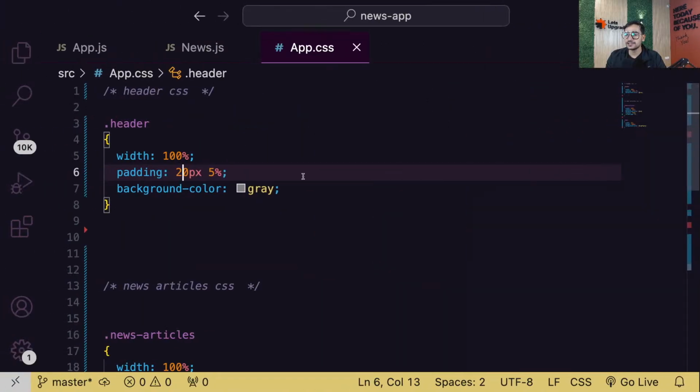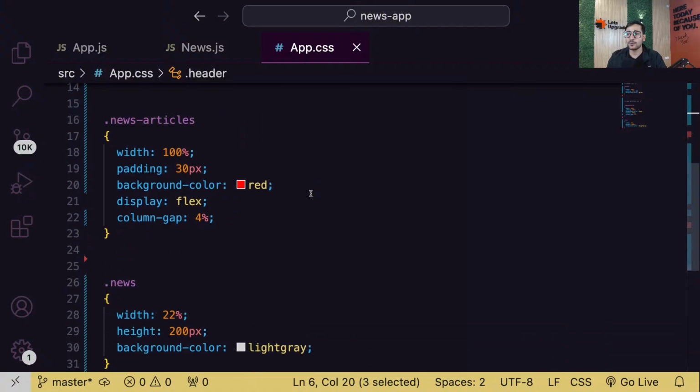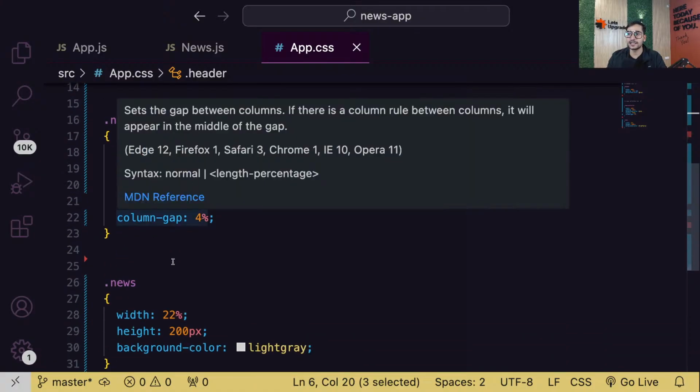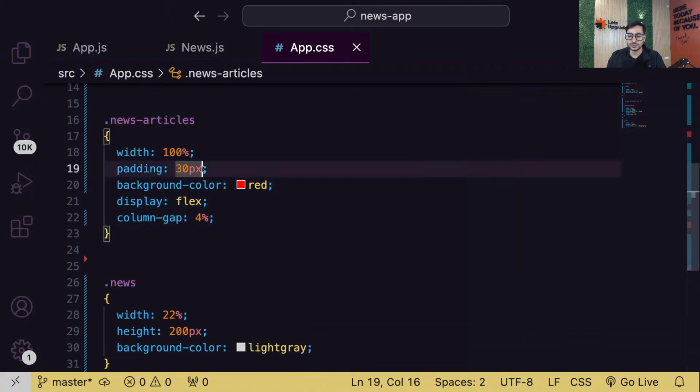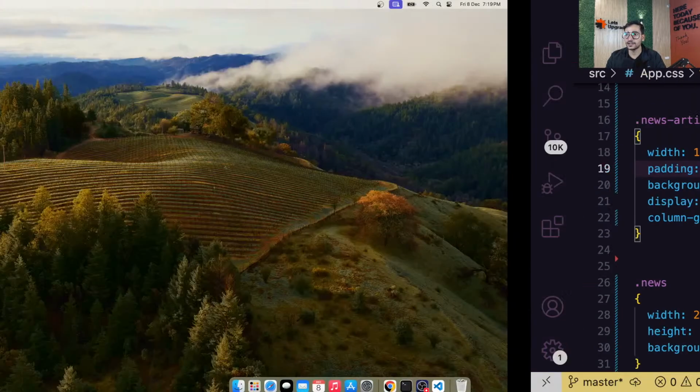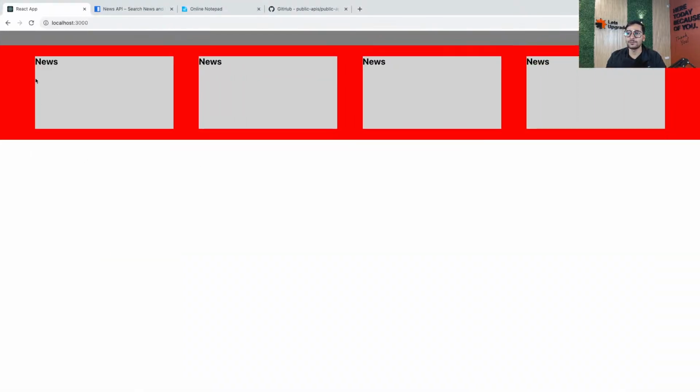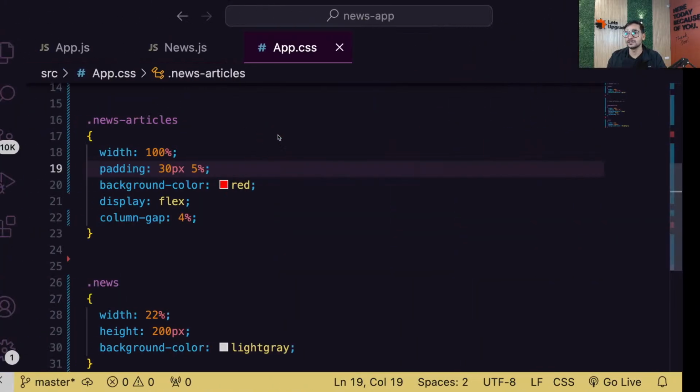And also guys, just to maintain the alignment, as I've given header a padding left right of 5%, I'm also going to give this a padding left right of 5%. So left right of 5% padding. And now, yeah, here we go. All good. Okay, now don't worry guys, I know that right now it's not looking that good, but don't worry, in some time it will look good. Now let's work on the header first.